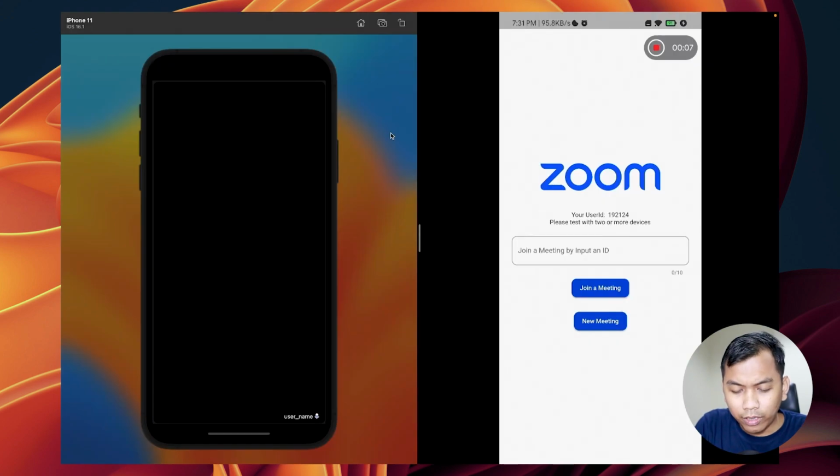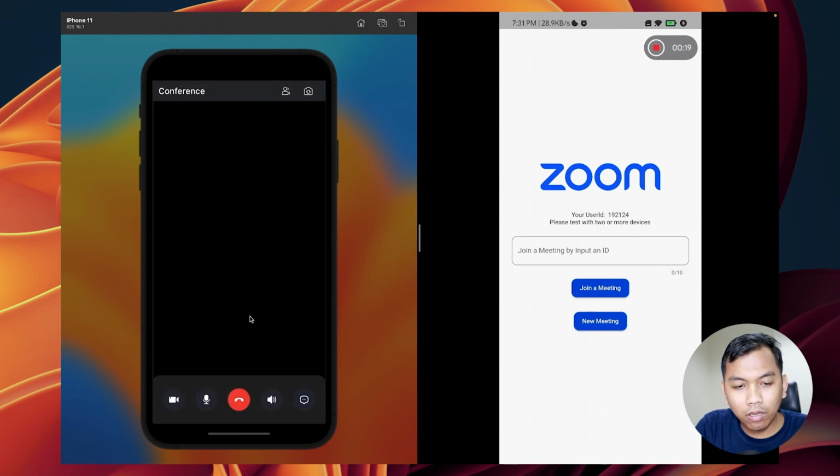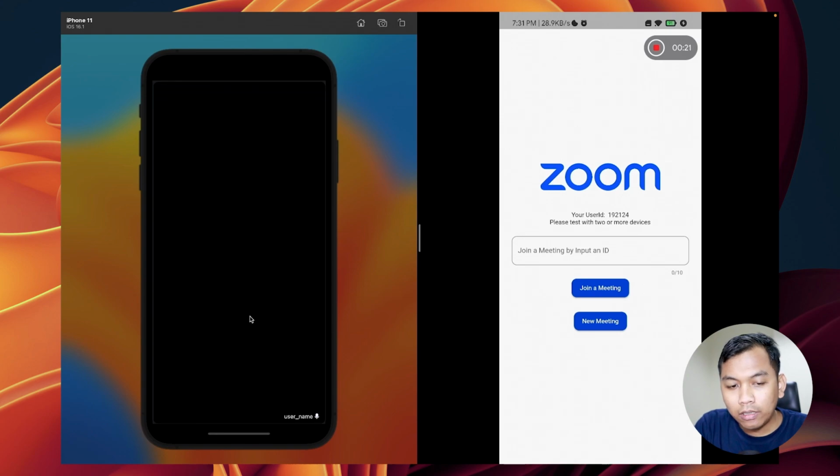Alright, so as we can see here on the right side, it's our app installed on the Android device, and on the left side we have the app installed on the iOS simulator.